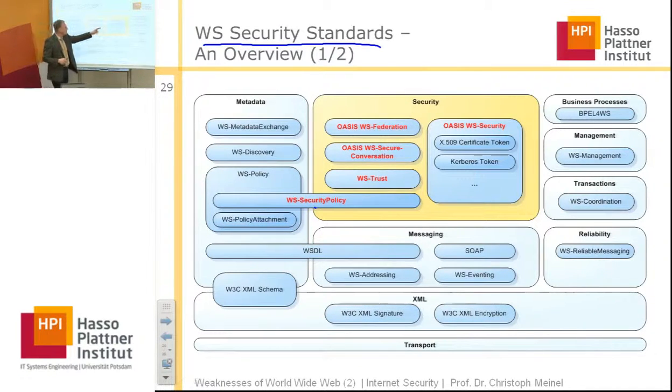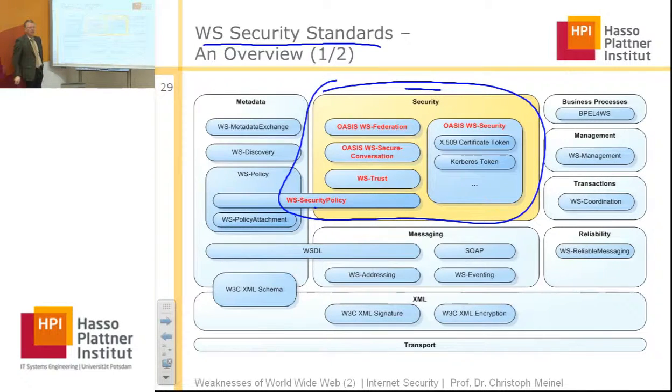We have here business processes, a description of business processes by standards like BPEL. We have management, web service management, web service transactions, web service reliability. We have messaging, the addressing, the SOAP protocol, the web service eventing. We have XML encryption, XML signature, and we have this important part of